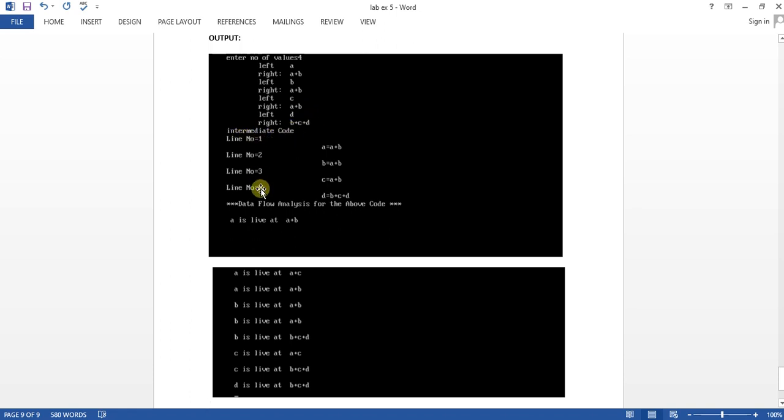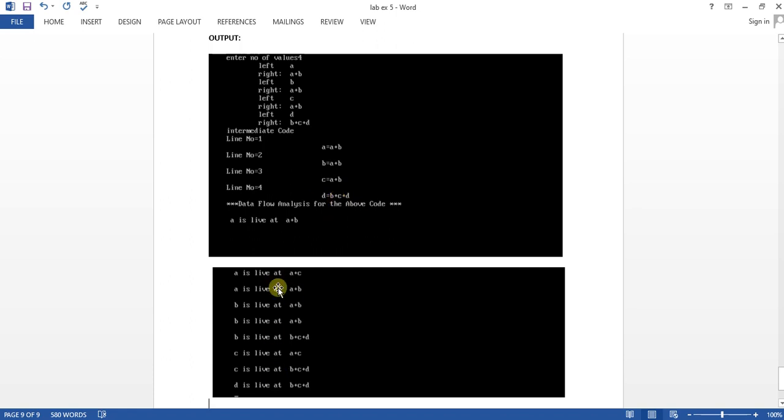After that it asks how many line numbers, 4 line numbers as usual, and it displayed the expressions we have entered. Then in the data flow analysis, it shows where a is live: a is live at a plus b, a plus b, a plus b, but in b plus c plus d there is no live a.